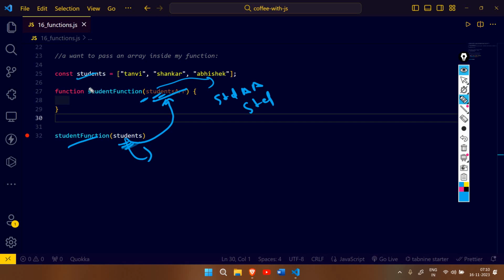यहाँ पर अगर मैंने ये स्टूडेंट वैल्यू को, स्टूडेंट वेरिएबल, स्टूडेंट एरे को डिक्लेयर किया है, तो अभी यहाँ पर भी मुझे सेम नाम से ही पास करना पड़ेगा. कि ये नाम जो है ना वो कंसिस्टेंट रहने चाहिए, कि मैं इसी नाम से इसको एक्सेस कर सकता हूँ. अगर मैंने यहाँ पर और कोई नाम दे दिया तो that won't work. ये मैंने जो यहाँ पर स्टूडेंट्स दिया है, तो मुझे यहाँ पर भी स्टूडेंट्स ही देना पड़ेगा. बट हाँ, यहाँ पर जब भी मैं किसी चीज़ को पास करता हूँ ना,